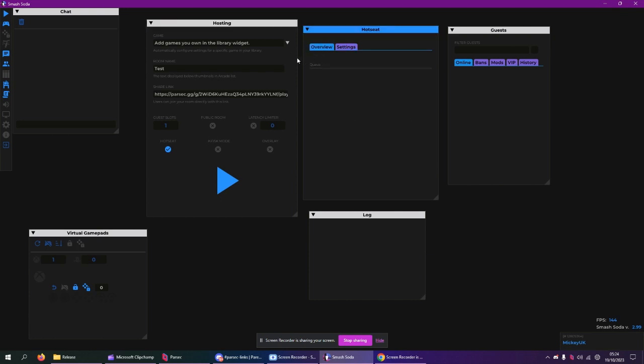And what else did I add? The kiosk mode needs a bit more work, so that's disabled. At the moment, you can enable it there, but it won't do anything. But when it is finished, the kiosk mode will work with this new widget, the library widget. And this is where you can tell Smash Soda where some of your games and apps are located. And this will work with the kiosk mode